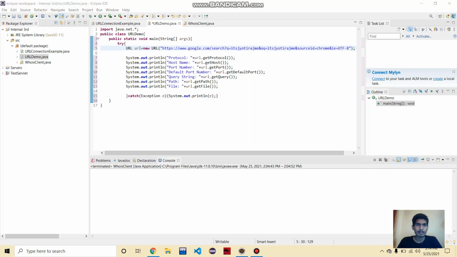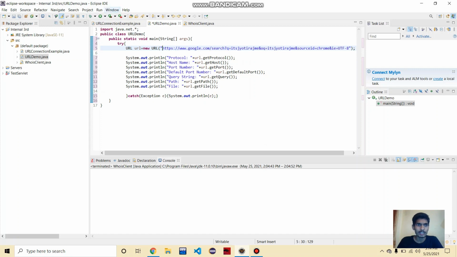Now let's take an example of the URL class. Here we have created an object of the URL class, and we have initialized it using a string of a URL. We have used this URL object and called different methods like getProtocol, getHost, getPort, getDefaultPort, getQuery, getPath, and getFile.